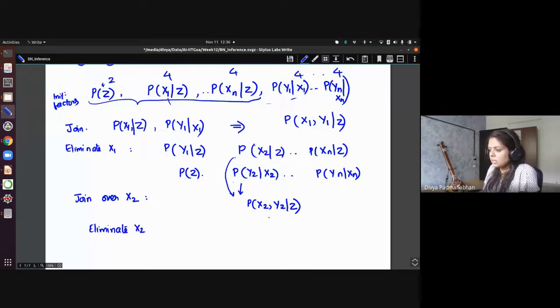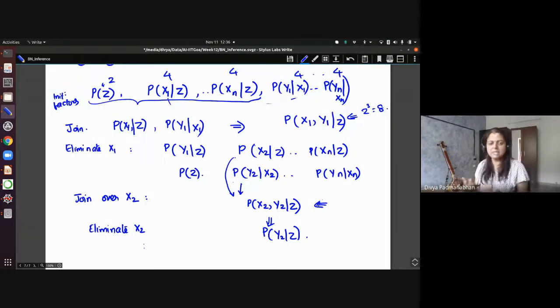Eliminate x2, so that will give you P of y2 given z, right? And so you see that, again, the size of this table is not going to increase. You can do this for every n. And so what you get is the maximum size here is just this one, 2 power 3, so this is 8. The join step is typically the most expensive operation, and eliminate is going to bring the size down. So even the largest one is 8, and that's not very expensive,